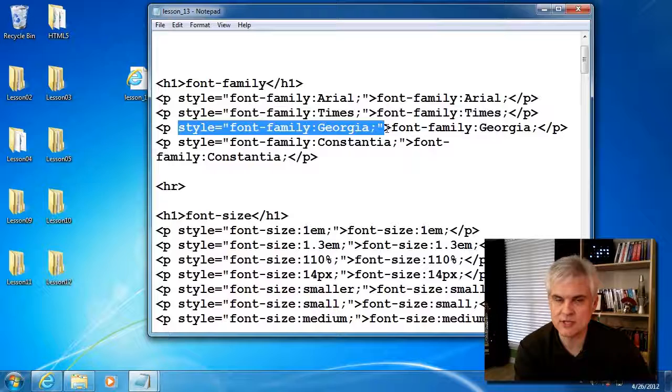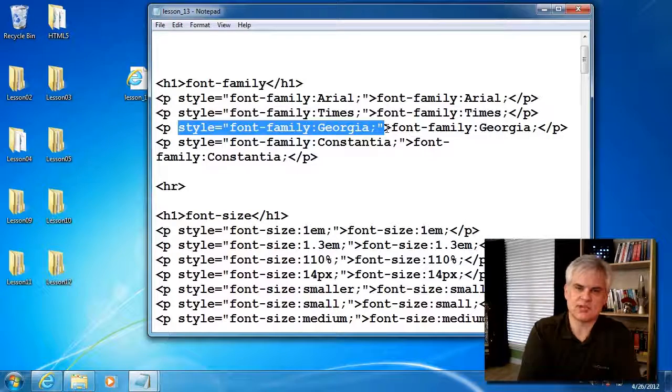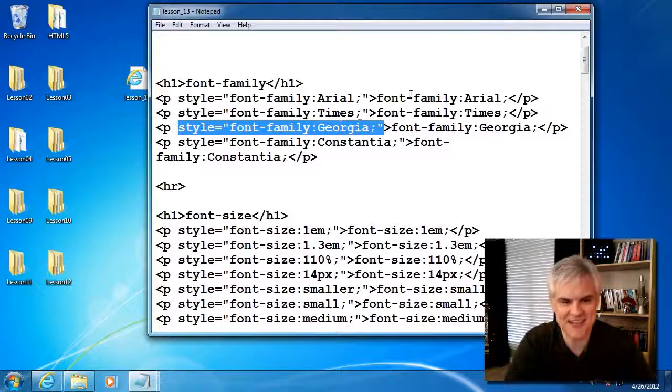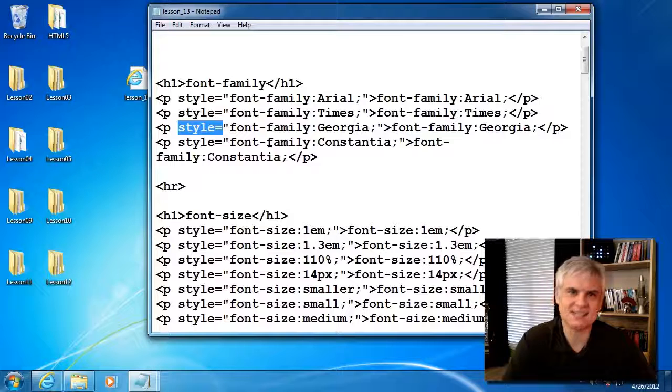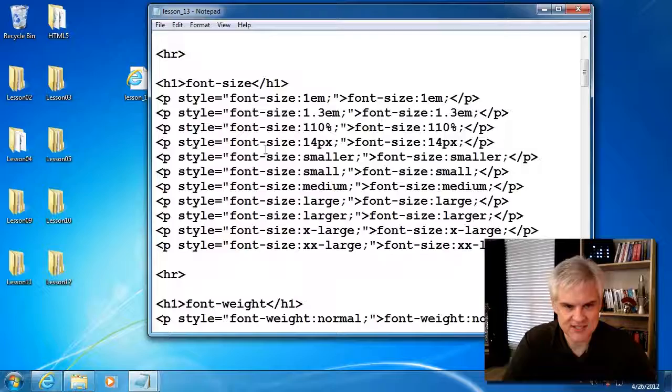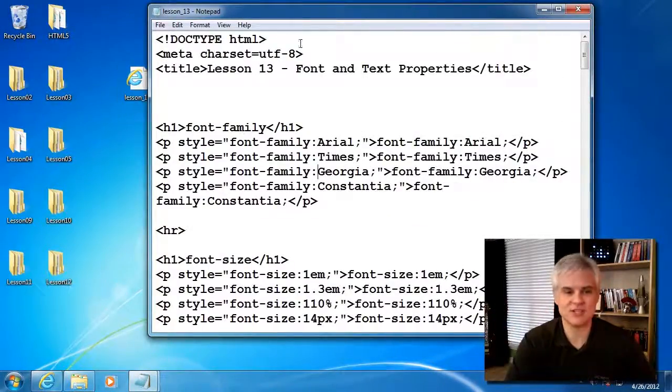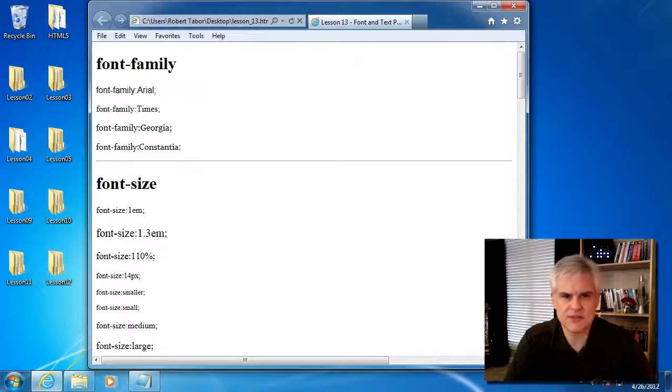Again, I wouldn't recommend that you do this in a real application, but in this case I just wanted a quick down and dirty way of getting that style information into every paragraph without having to find 1,000 styles in an external style sheet. So I just used the inline style attribute, and you can see here where I've set the font family to various fonts, the font sizes, font weights, and so on, and just went through and created this cheat sheet for myself. Now I feel prepared to have this conversation, and it was also a good refresher for some things that I'd already known. But what I want to do in the course of this video is just review